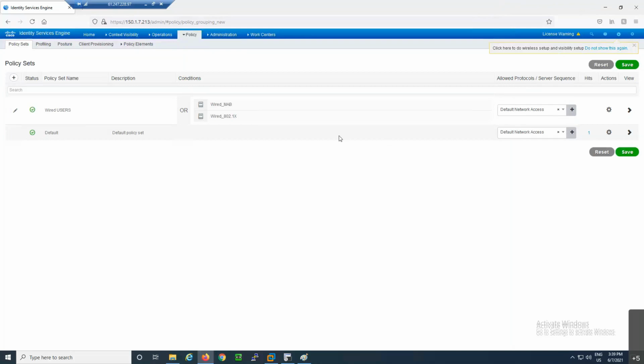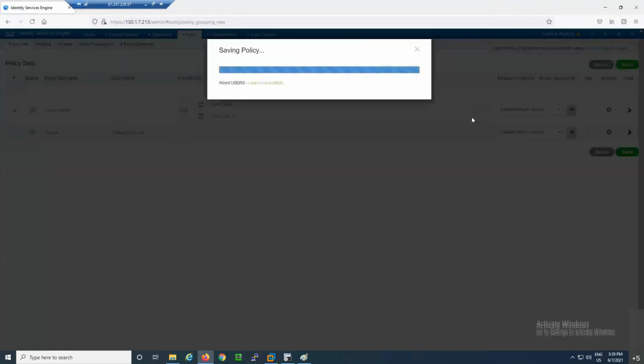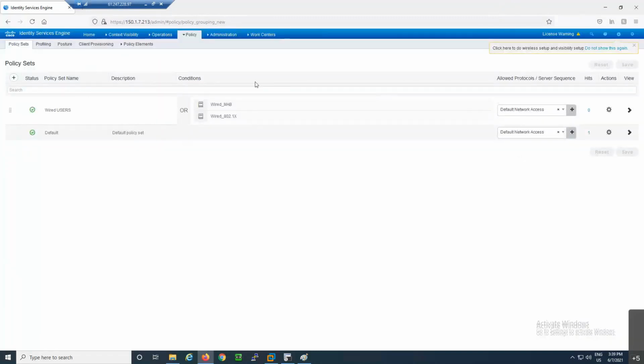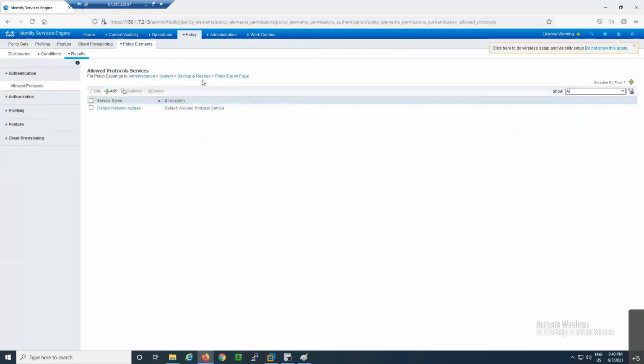Okay, okay. So it is created for wired users, wired MAB and wired.1x, and they will be authenticated by allowed protocols, default network access. In this default network access, PEAP is allowed, many other EAP methods are allowed. And with those EAP methods, I have saved this wired user policy. Okay. And with other EAP methods, if you want to see this, you can go to policy elements and results. It is the result of authentication policy. Click on this. So here in the authentication drop-down, you will find allowed protocols.